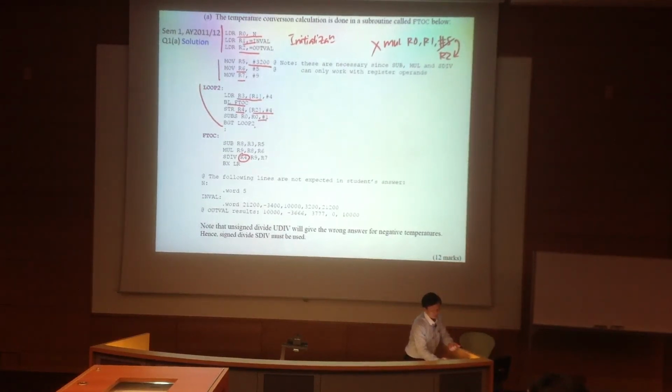Decrement the loop counter, and that's it. And then inside the subroutine itself, when you call the subroutine, of course, it's a BL. But inside the subroutine itself is where you are doing that minus 3200. So here I could have written 3200 as immediate, or I could have put the 3200 into R5 and call it like this. Then I will